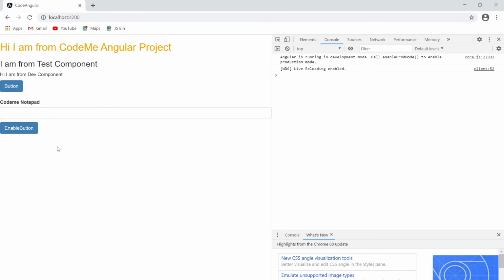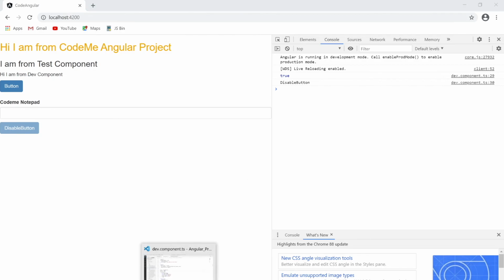Then after 3 seconds, it is going to disable. If I refresh the browser, you can see it's disabled, and then it is going to enable, and if I click on this thing it will be disabled and the disable button is there. See, after 3 seconds, just wait, see, it's true, and then the button is disabled.